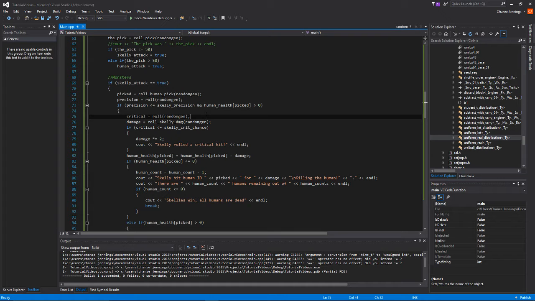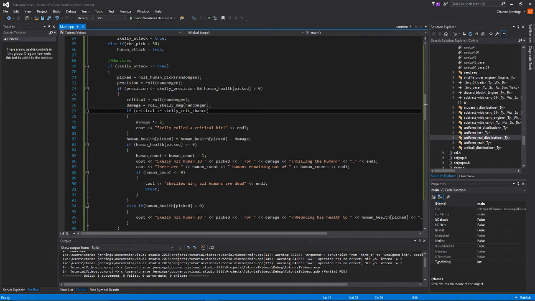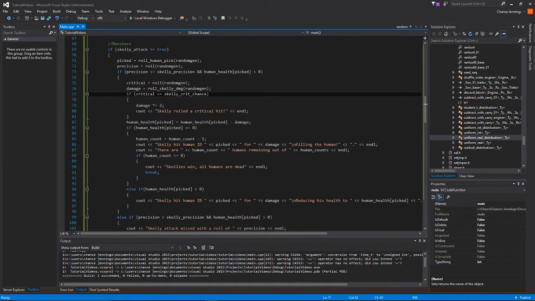Then if the skeleton damage is a crit, it'll multiply the damage by 2. Right now I don't have any crit modifiers actually. It's just 2. It doubles the damage. It really shouldn't double the damage. It should just add like 50% more damage. But whatever. And then it takes that calculated damage, if it was a crit or non-crit, and it'll